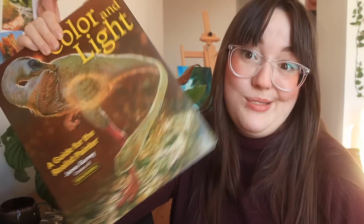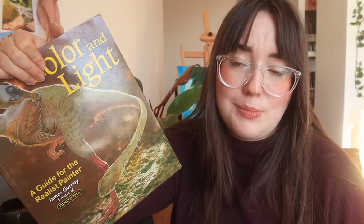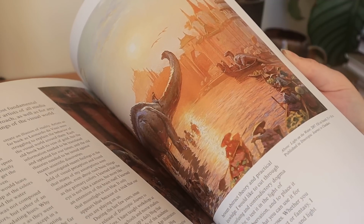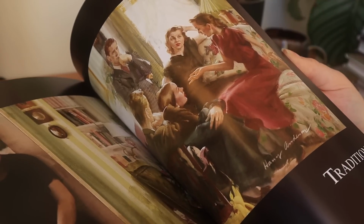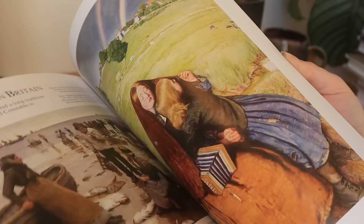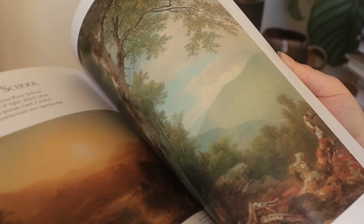The next book that I want to show you guys is Color and Light by James Gurney. James Gurney is awesome. He's on YouTube, he's great, he's an amazing painter, he has worked in so many styles and mediums, he is an incredible resource, probably one of the best artists alive today, at least on this platform. This book, Color and Light, basically talks about color and light, how light affects color, how color affects light, all of that stuff. And for me, this book is instrumental in getting my style more where I want it